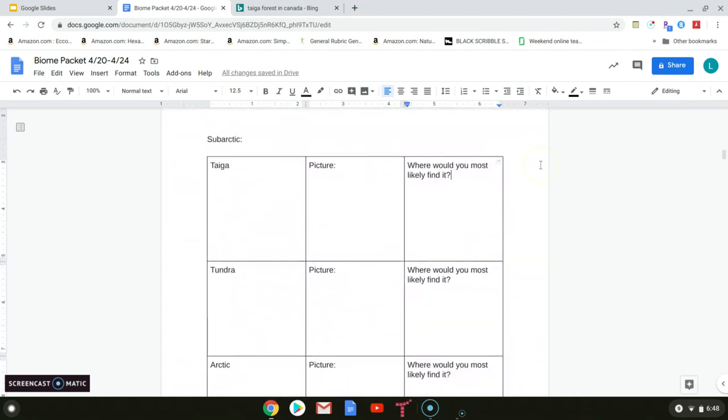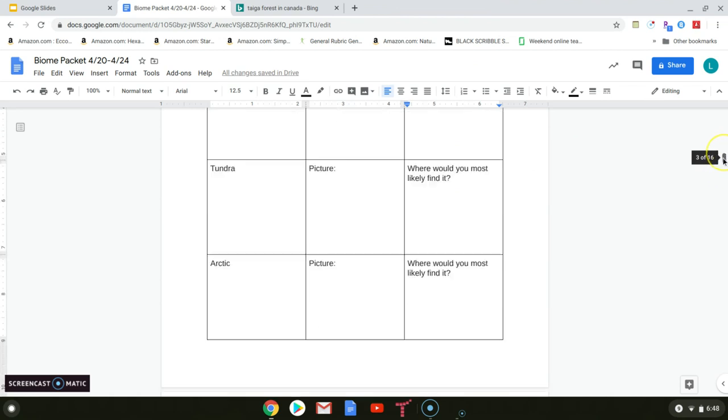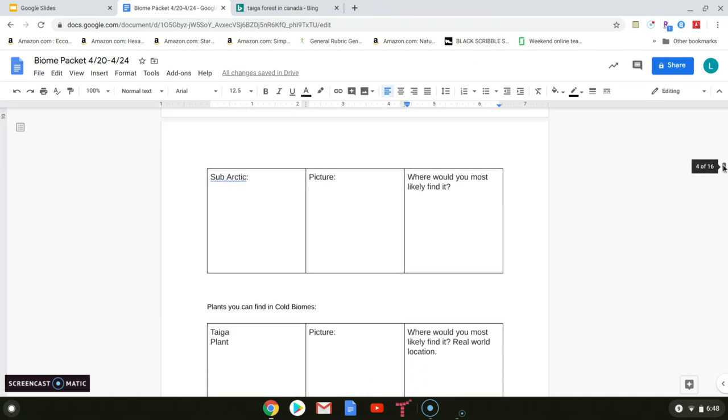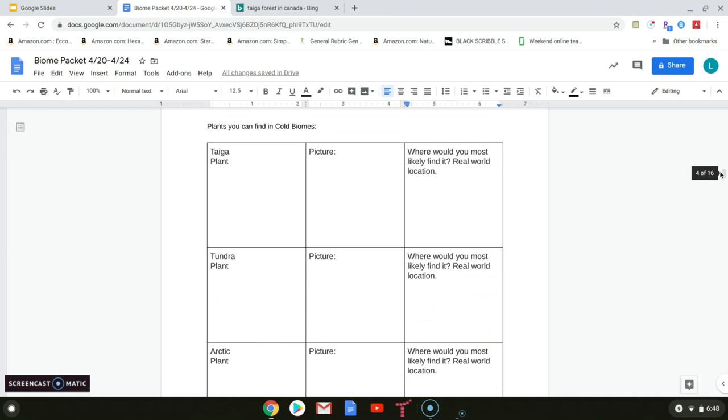You can write that in: Canadian boreal forest located in Canada. Same for tundra and Arctic. And subarctic as well. But we're not done yet. You're going to find a plant for each of these different biomes, a picture, and then again where you most